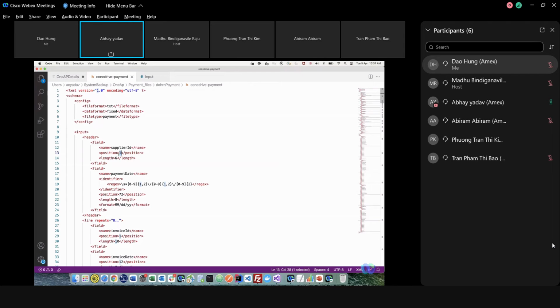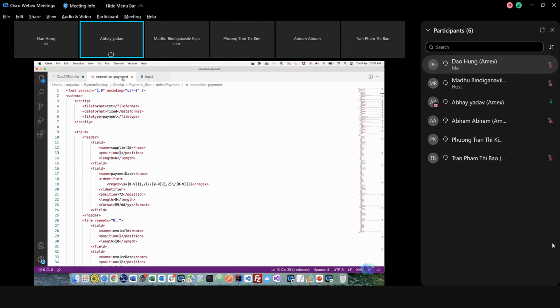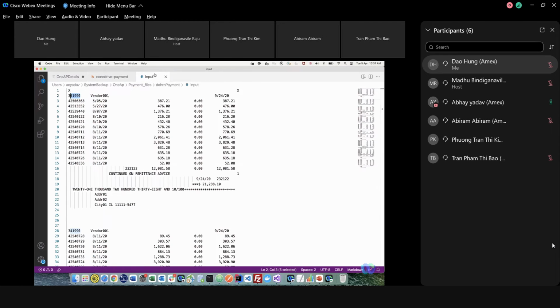So it will start from 1 and the total length of the field will be 6. Followed by that, let's see the payment date. This is the payment date, and the position is